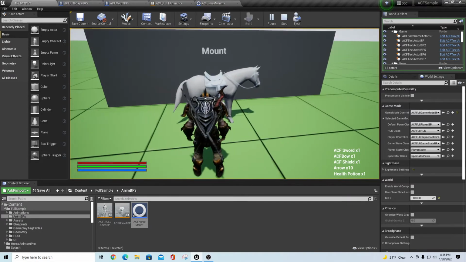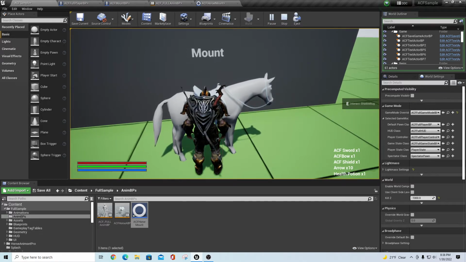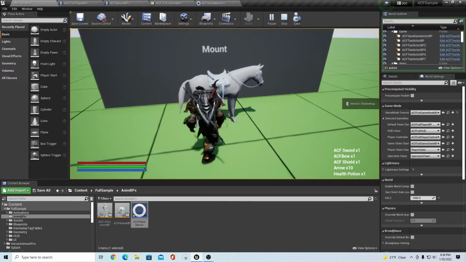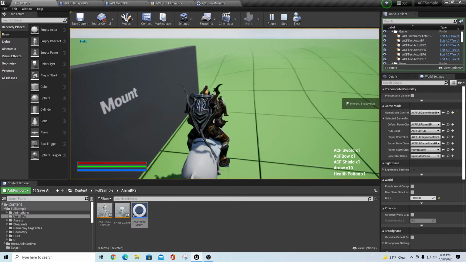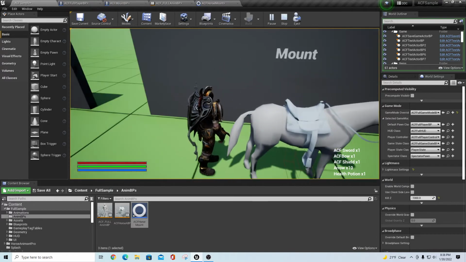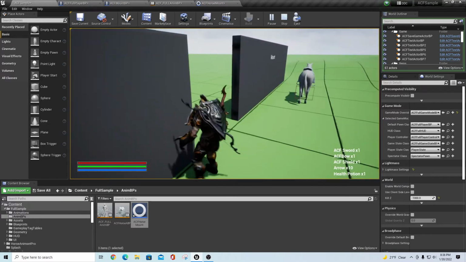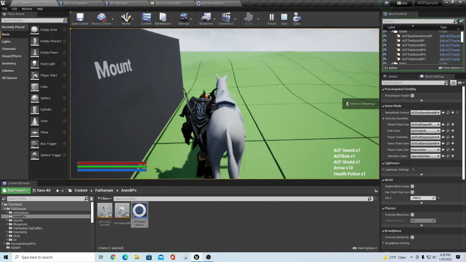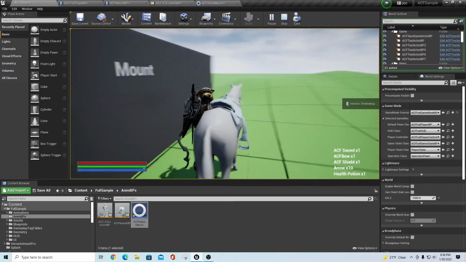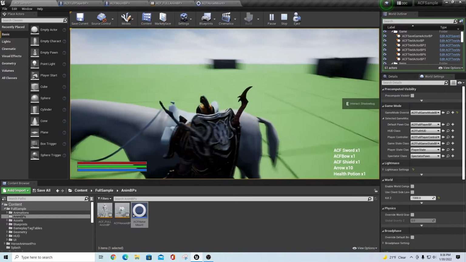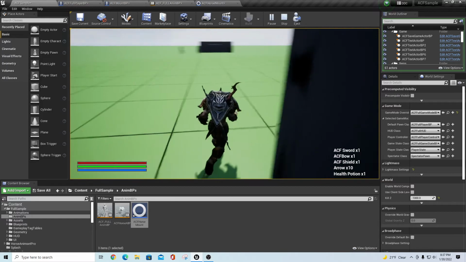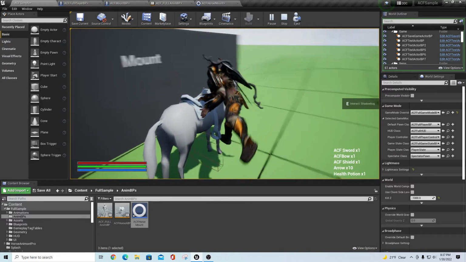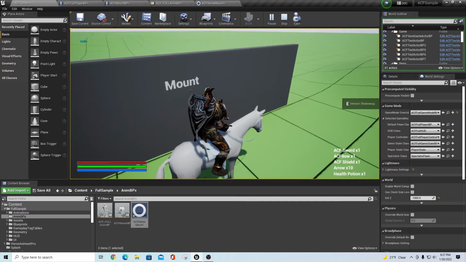But again, if I walk over here and get within interaction range, he'll play that mounting animation. If I happen to be over on this side of the horse, which I haven't set up yet, he'll move to that location, but he can't play the animation because I haven't set that up yet. So the move to is still going to work, but the mount animation will not. If I approach from this side, he's got a proper variable passing over to that gameplay tag calling the correct